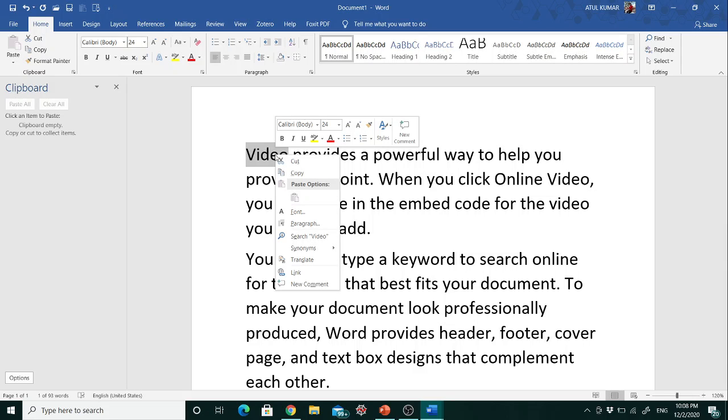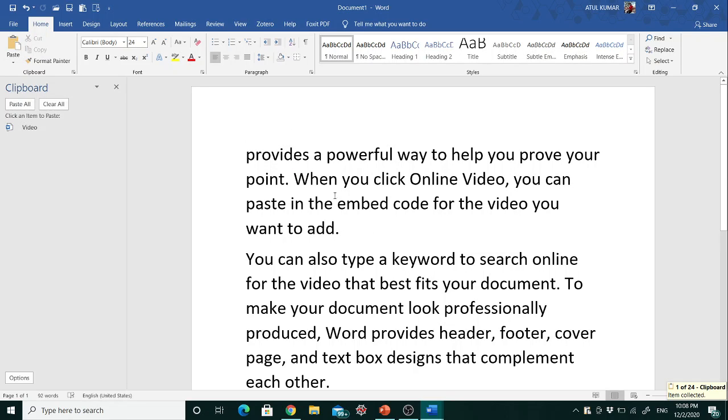So just select this, if you want to cut this video text from here, just select here and right click and go to the cut, or either you can use this cut option from the home tab group. That cut option just removes the text from that desired position, and now you want that text to be pasted here. Then place the insertion pointer at that position, and then